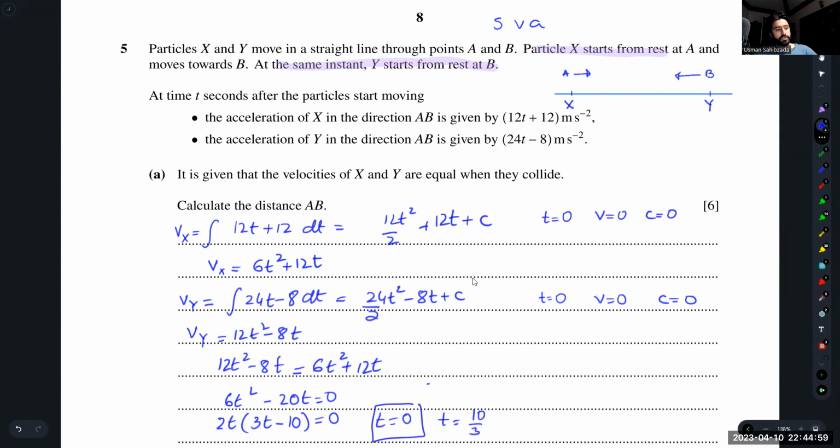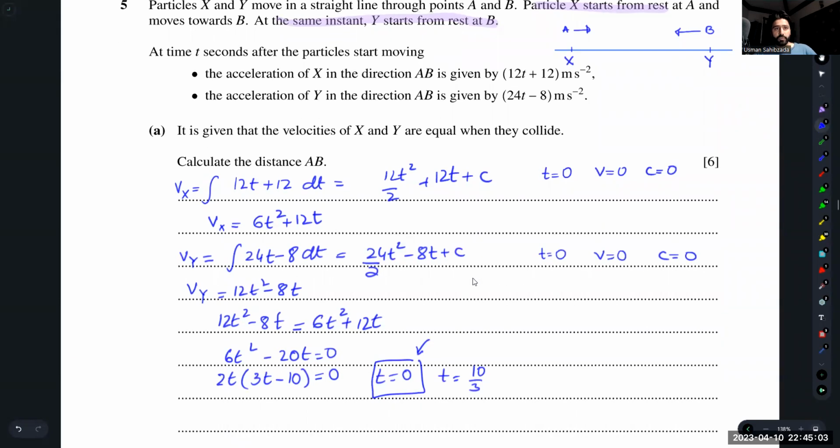Obviously 0 is not, 0 was the place where their velocities were the same. But time 10 by 3 is a crucial value. जब 10 over 3 है तब दोनों की velocity equal है. कहता है find the distance AB. There's a catch. 6 marks ऐवे ही नहीं है. आप को जी velocity को integrate कर देंगे 10 by 3 दोनों का और हमारे पास